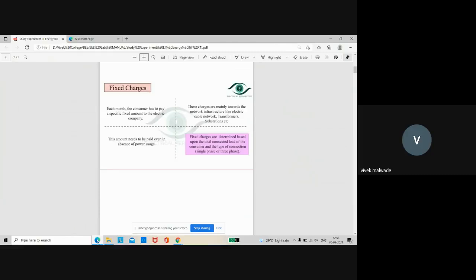So fixed charges are determined based upon the total connected load of the consumer and the type of connection. Which type of connection will come under single phase or three phase? Whether you are an LT consumer or HT consumer, first thing, and depending upon the